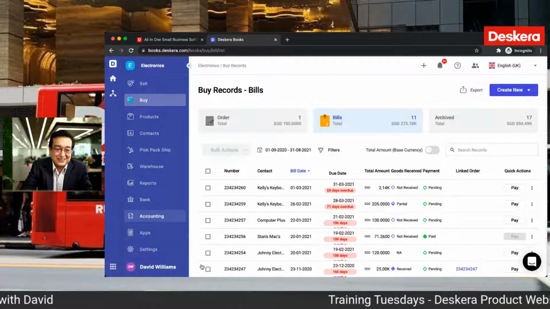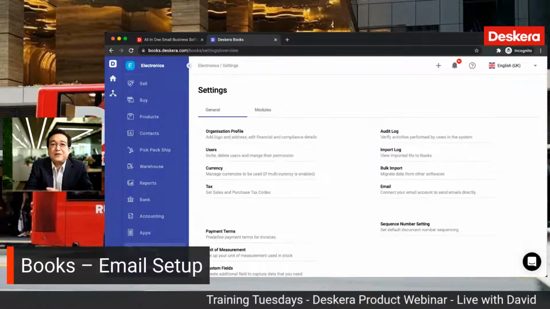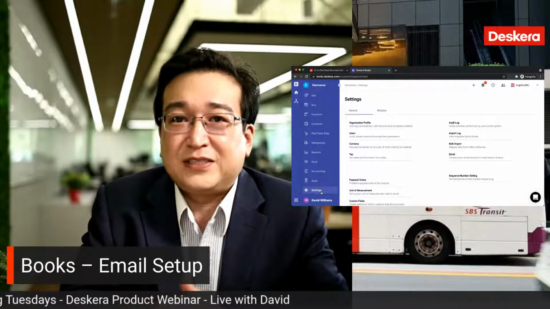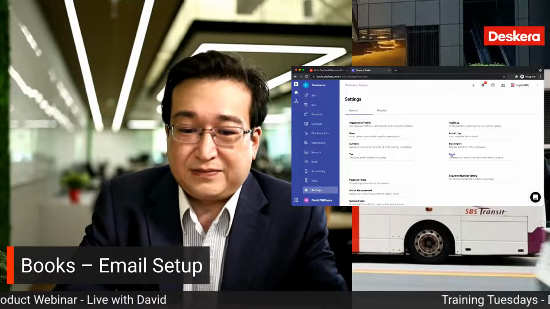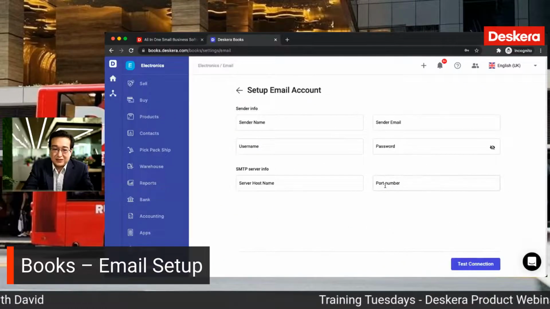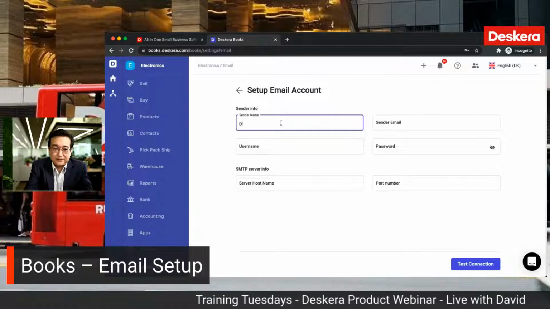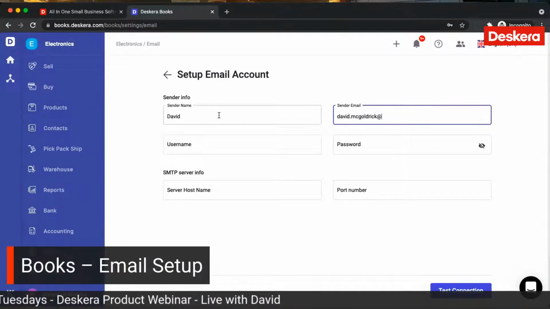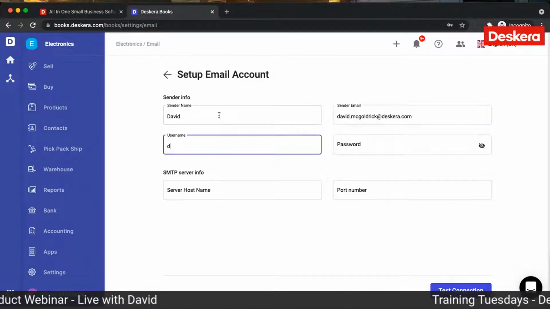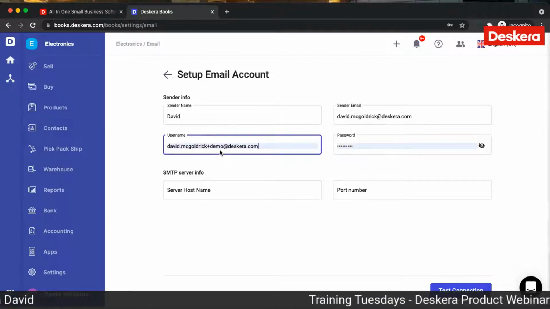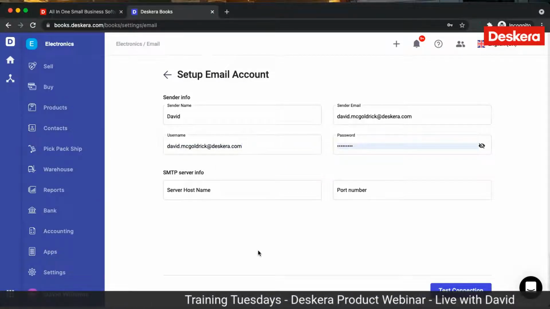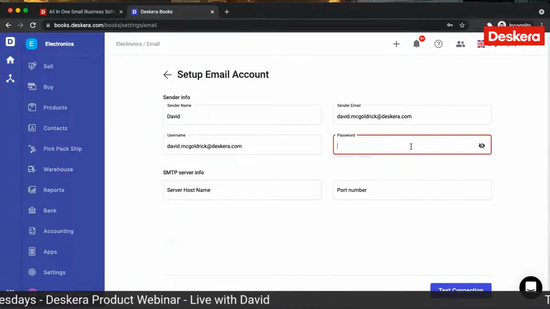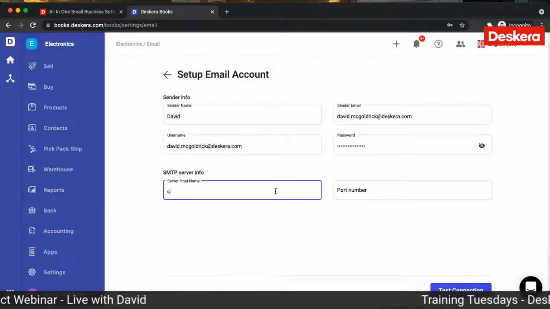All right, so next, we are going to go set up our email. A lot of people wanted their own SMTP, send out by your own email address in books, just like we have in CRM. So we've added email in here. So this is where we can put in the sender name, sender email address, username. Put in my copy and paste my ridiculously long password in there. Put in the host name,